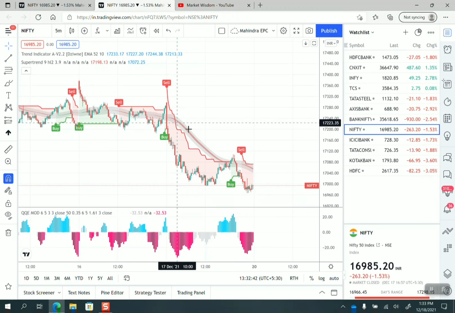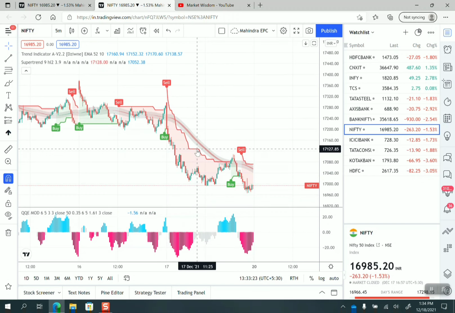Trend indicator. So in the trend indicator, it's like a Bollinger Band kind of structure we are seeing, right? The middle one is a dark red, and above that and below that we are seeing some borders as well. So the stop loss will be the border of the top side, and in case of the long side, the stop loss will be the border of the downside. So that's the stop loss we can initiate. Whenever it generates a sell signal, we can take an entry in the sell side, and in that case the stop loss will be this one. What is that level coming up? 17253. Okay, so this is how we can initiate our trade in the sell side.